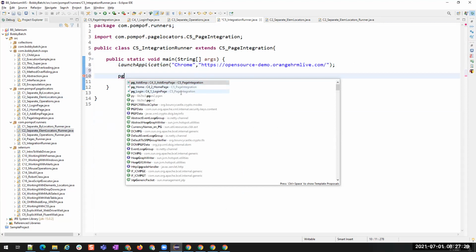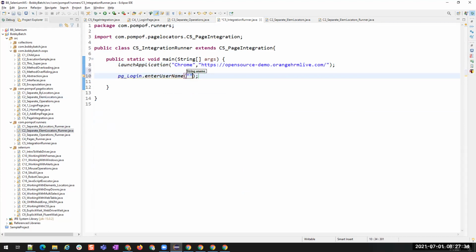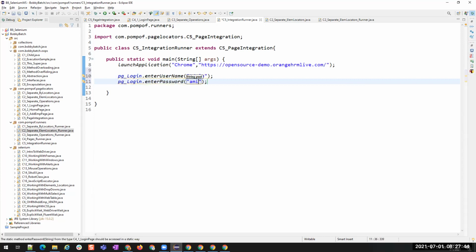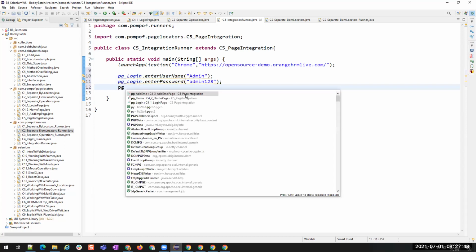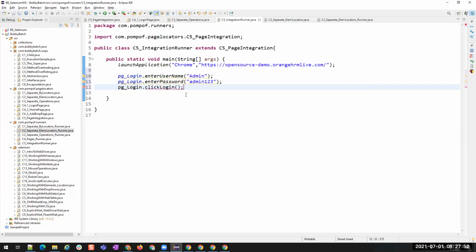Right. So I'll take page_login.enterUsername. What is that? And then again, page_login.enterPassword, 1, 2, 3. And then on the same page, page_login, I want to click on the login button. You see how simple it is and how easy it is, right?